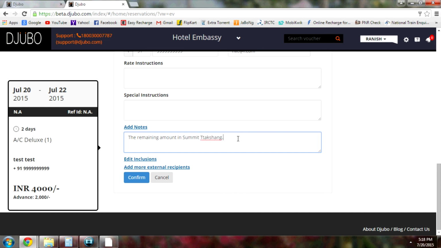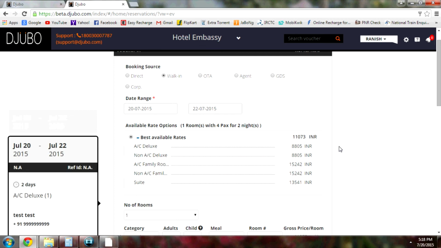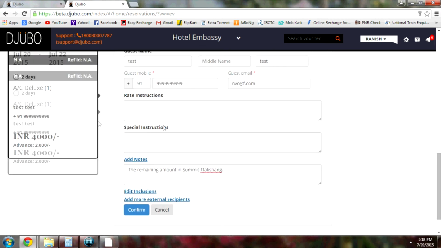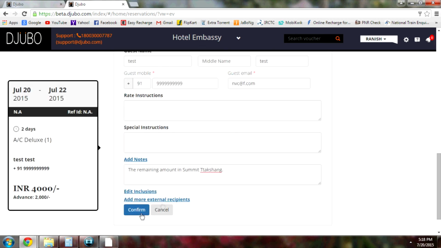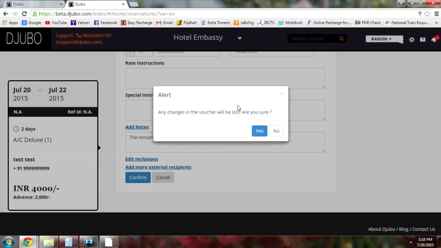So if there is anything to mention, something like this, or any other thing that the guest does not have to know about, you can simply type in add notes and then save the details. After entering all the details, you can click on confirm and then yes again. So I'll just cancel this for now,